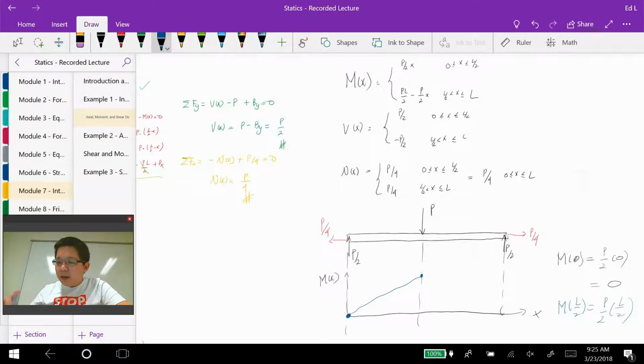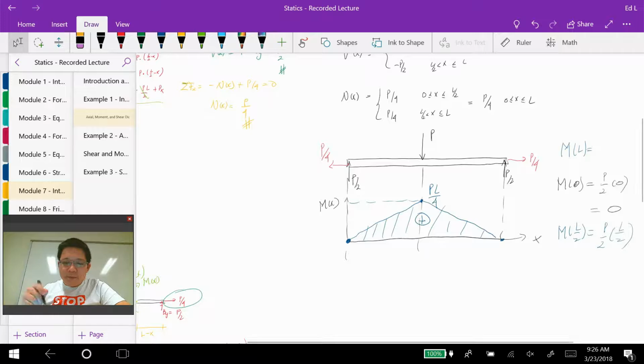And then at x equal to L, in here we have PL over 2 minus PL over 2, which is 0. So we have a positive moment in here, with its maximum moment being positive, PL over 4. Okay, and then we can continue again